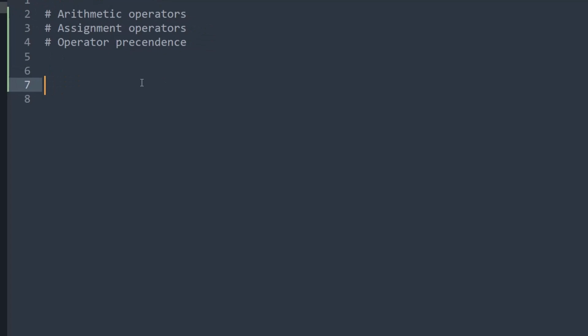Now let's learn about operator precedence. What does it mean? Let me write some statement. x equal to 10 plus 2 multiplied by 3. So can you guess what the output is here? So this can be calculated in two ways, right? Let me just put braces here.